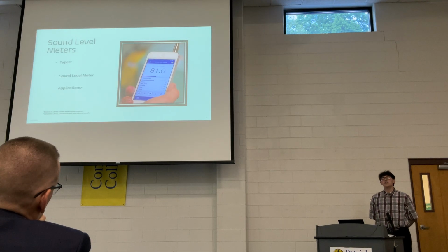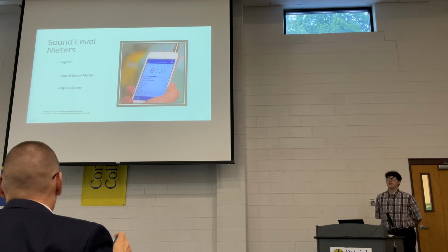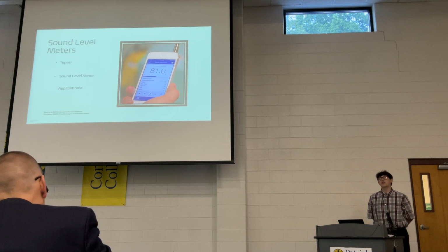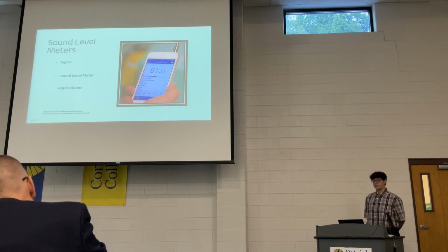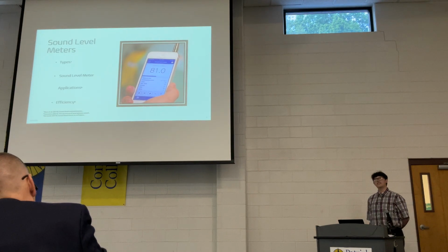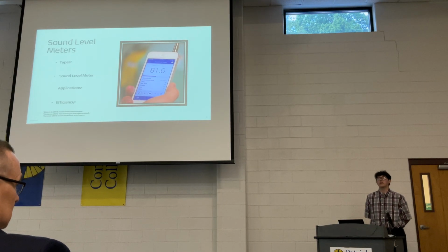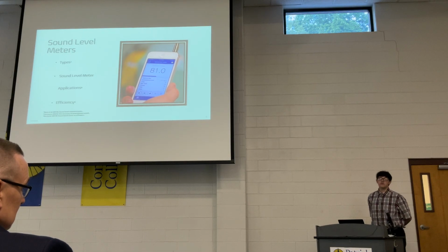Sound level meter applications are an alternative to sound level meters, and they are apps on your phone that aim to do the exact same thing as a sound level meter, but by using the phone's microphone. They are much cheaper and more readily available, so they are a common alternative for the everyday person. In a study by Boronsky et al., they tested the efficiency of sound level meters compared to sound level meter applications, and they found that sound level meter applications do not meet the qualifications to be called a sound level meter, but can instead be called a sound level indicator and used for general testing